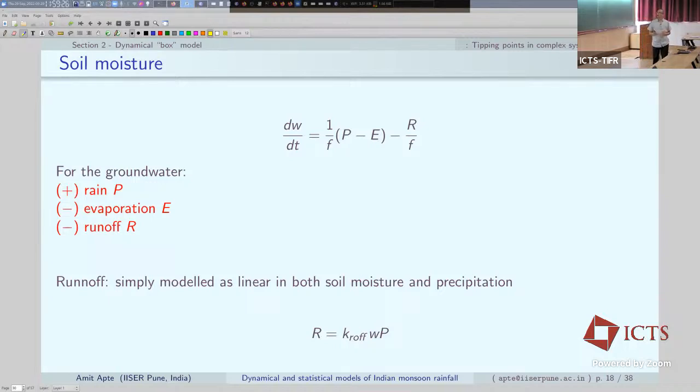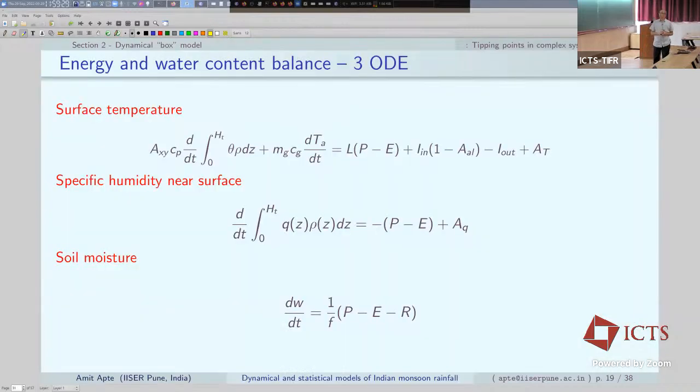So this is just all three equations written in one page. They can possibly be written in one page, except that each of these terms is a complex set of equations. The way to capture the interdependence of all of these terms on the fundamental variables that you want to evolve in time, temperature, humidity, and soil moisture, these three quantities W, Q, and T, is where things just go out of hand.